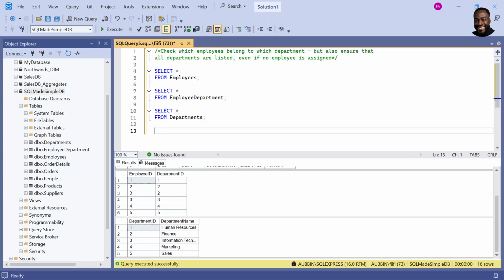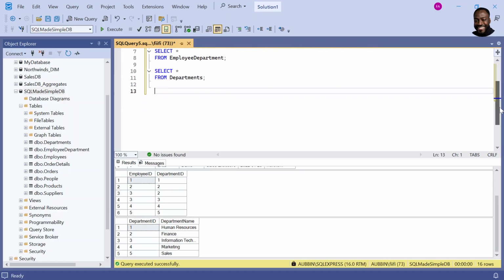So now that we have that, let's do our right join. I'll start with the from. We are starting with the employees as E, and we are doing a right join on the employee department